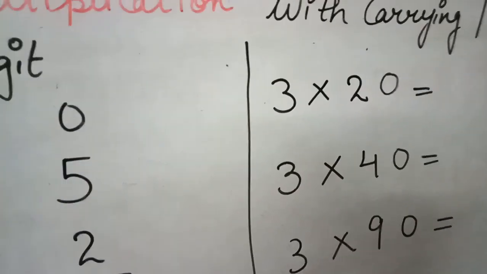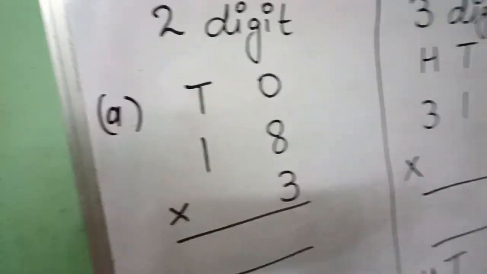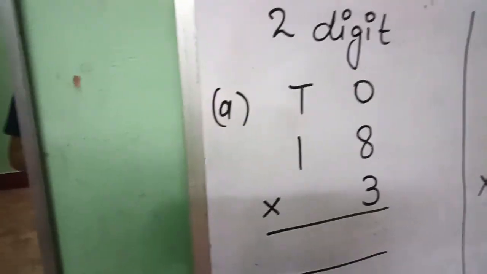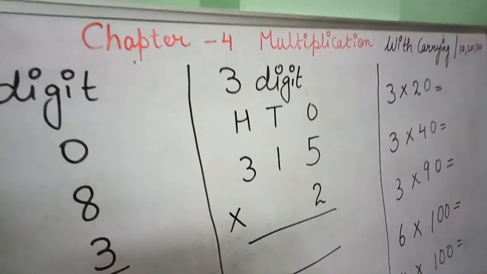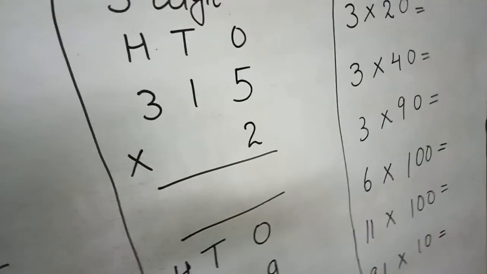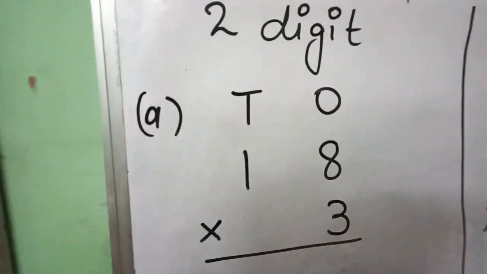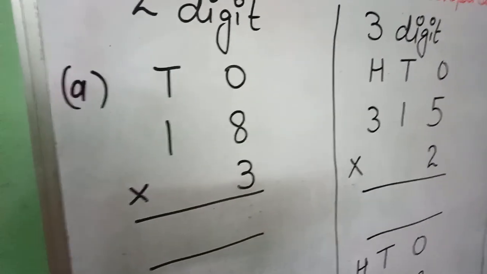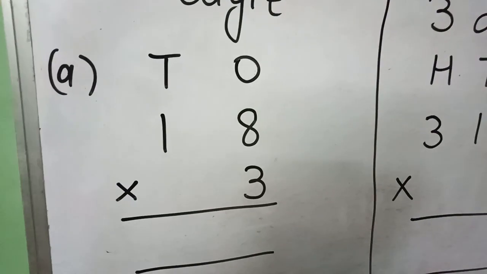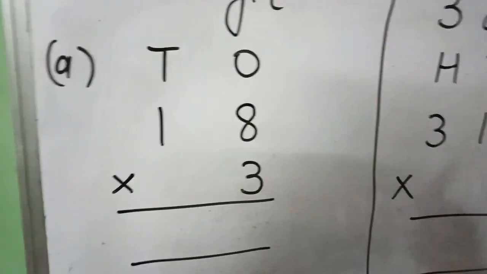In multiplication we have done carry sums, as in subtraction and addition, right? Now we are going to see how to do it in multiplication with 2-digit numbers, 3-digit numbers, and how to do it when we have 20, 40, 90, 100, and other sums that have 0. So start from this 2-digit number. I hope everybody has learned their tables and other tips.